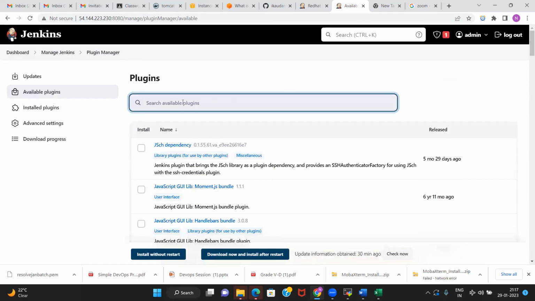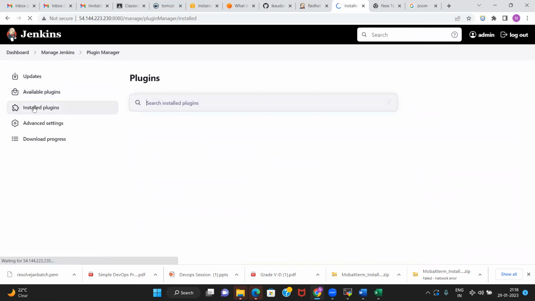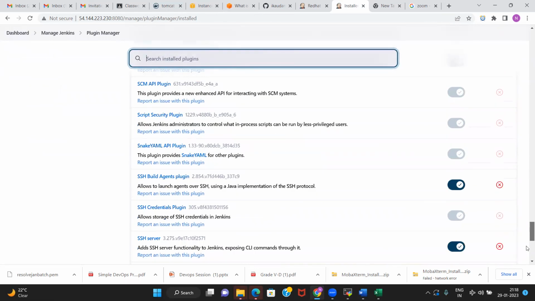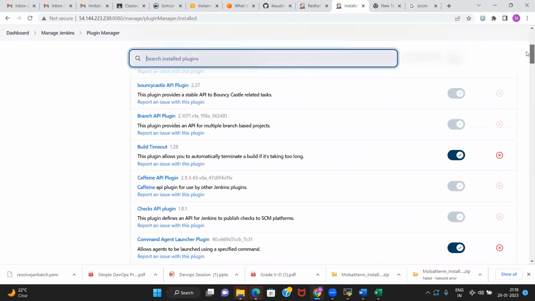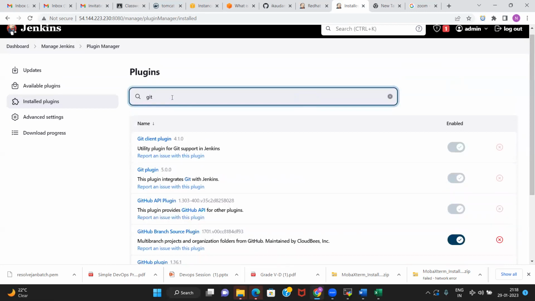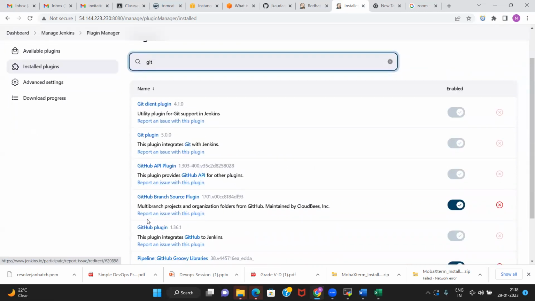If you look for the available plugins, these are all the plugins. No, these are not the default. These are all the plugins that are available. And these are the installed plugins that got installed as default plugins at the time of installation, right? Now you look for Git and you see, GitHub plugin.